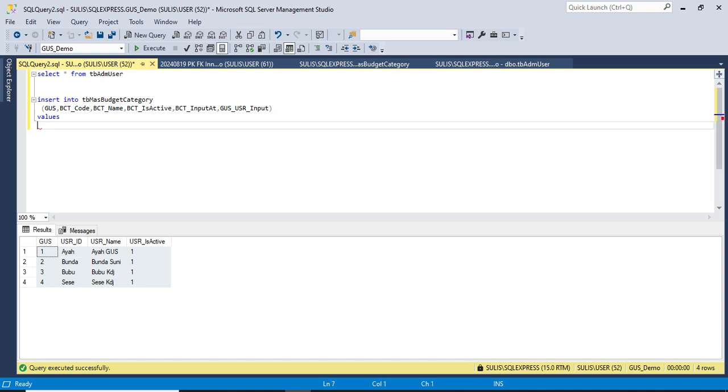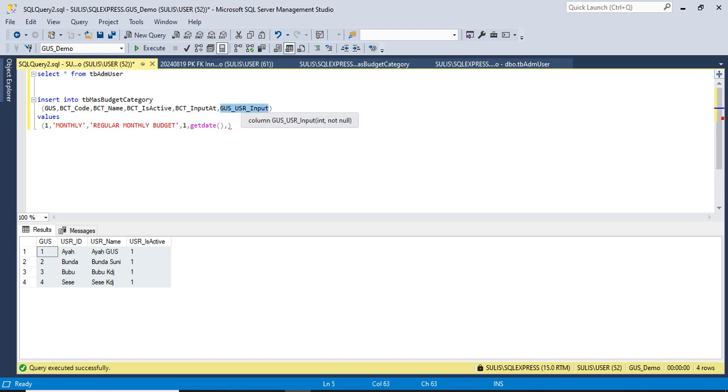And the values, for example, I give value 1 and the code is monthly. The name is regular monthly budget, active, and input current date time, get date, and input by,